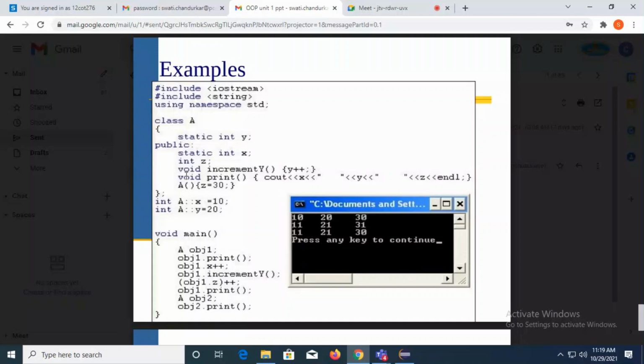Any doubt in this? Constructor cannot initialize the static data member. Static data members can be only accessed by the static member functions. That's it. Any doubt in this? You cannot modify the value. You can neither modify nor initialize it.